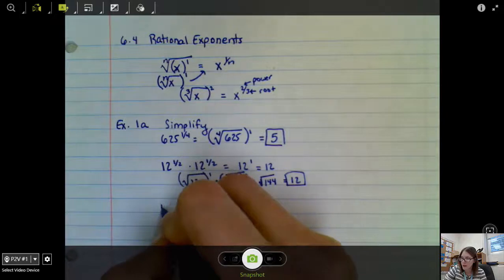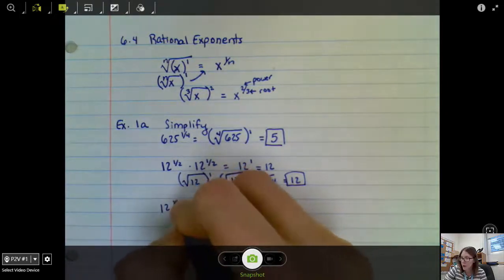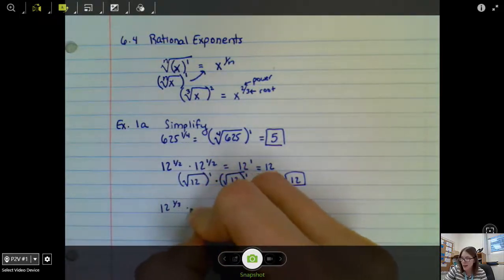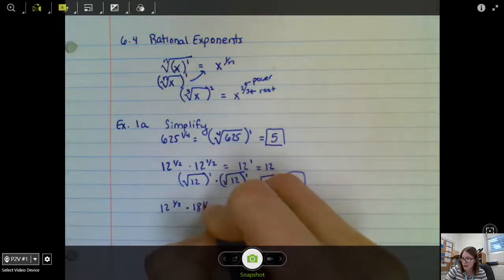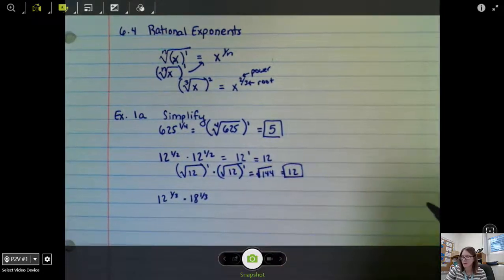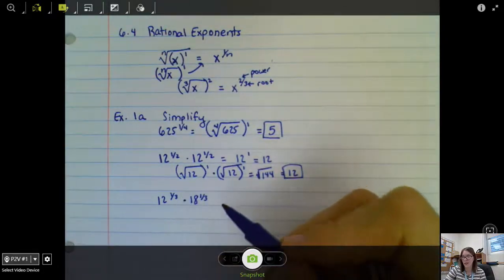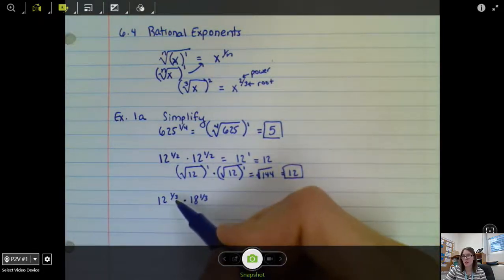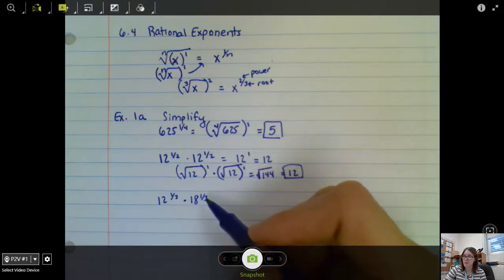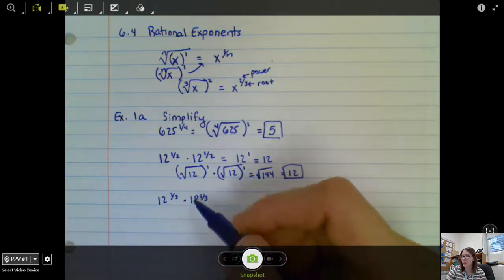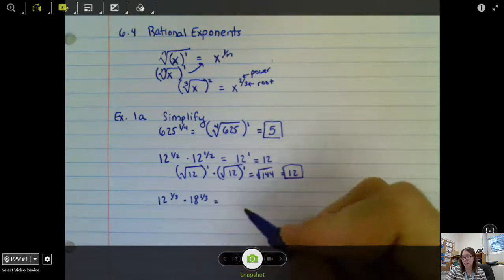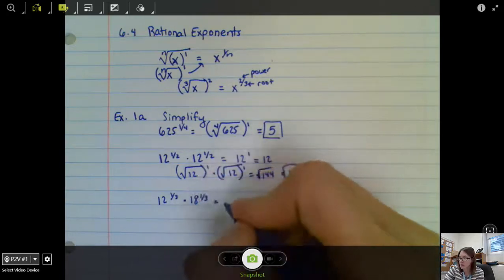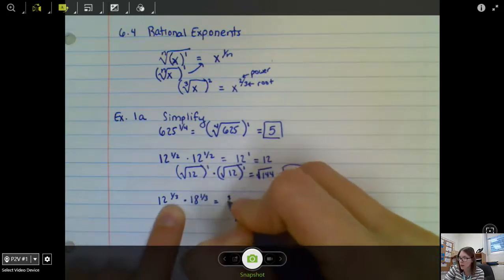Okay, what about something like this, where we have 12 to the 1/3 power times 18 to the 1/3. We can't really use our same trick here that we did before because we have different bases. If you look at our powers though, both of these are to the something over 3 power. They're both the 1/3 power in this case, which means if you think about what that is as a radical, these are really both cube roots. 12 to the 1/3 power is the cube root of 12